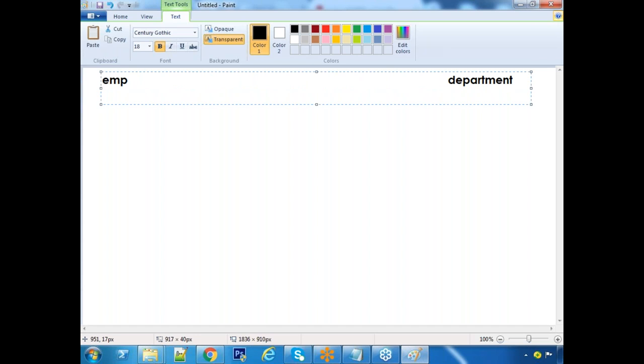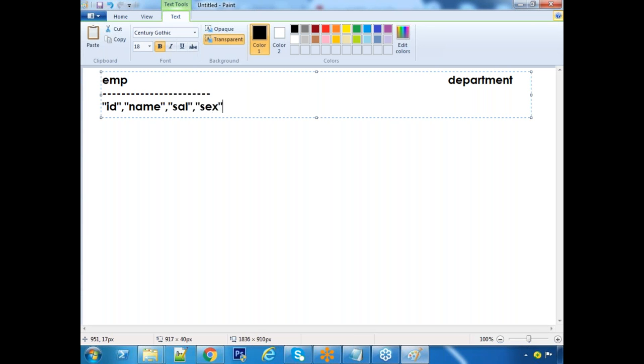Two separate files. Here my schema. ID, name. Same old file structure I am taking. And department number. This is header. The sample data I am writing.